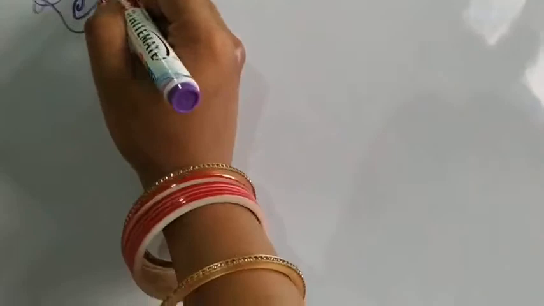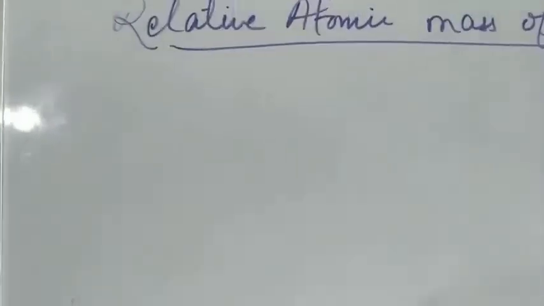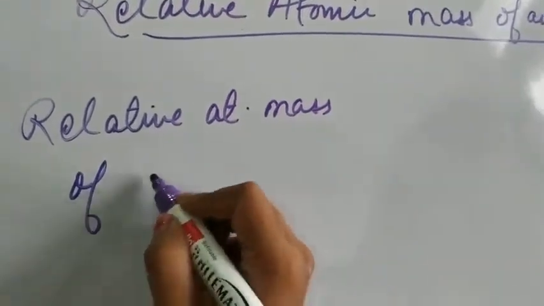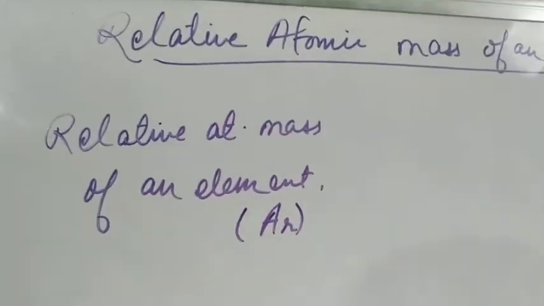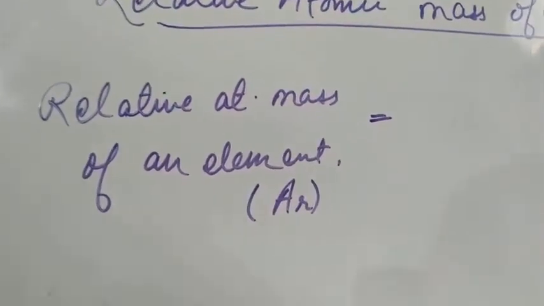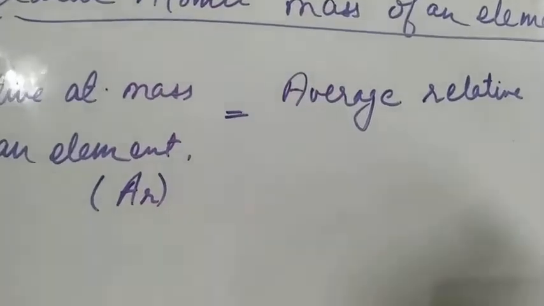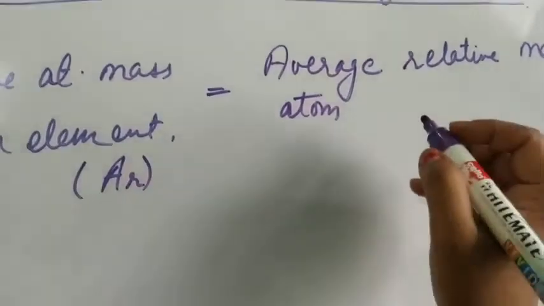The relative atomic mass of an element, denoted by A_R, is defined as the average relative mass of an atom of the element